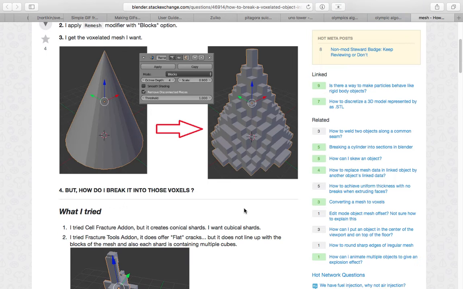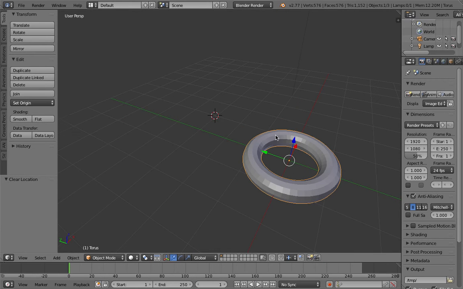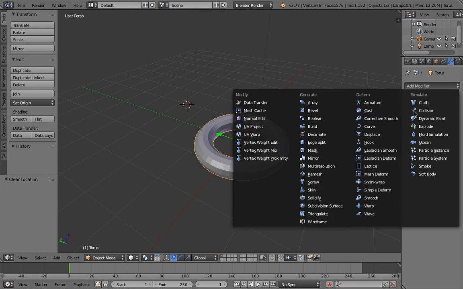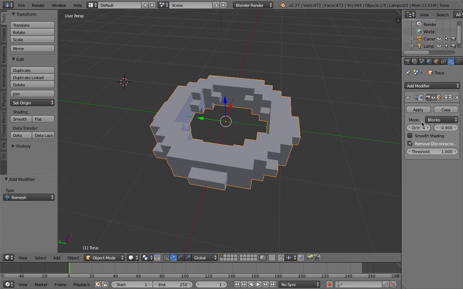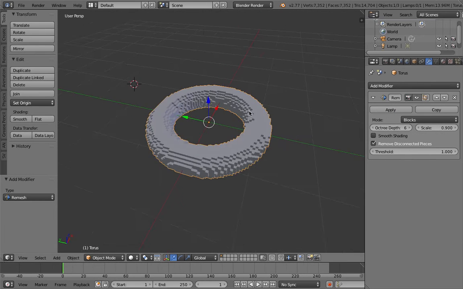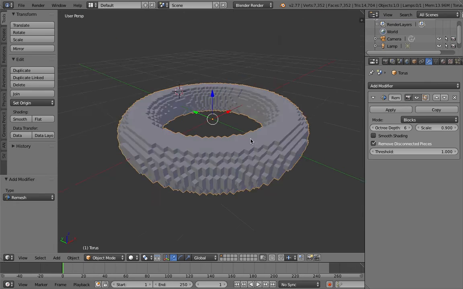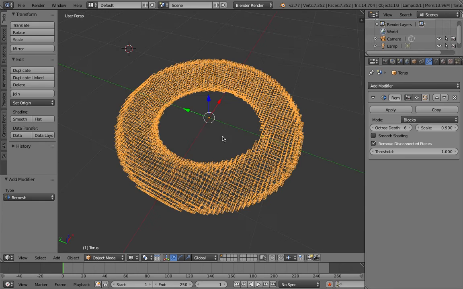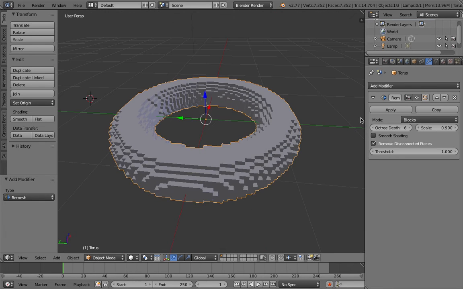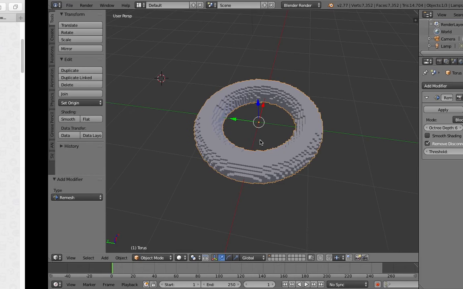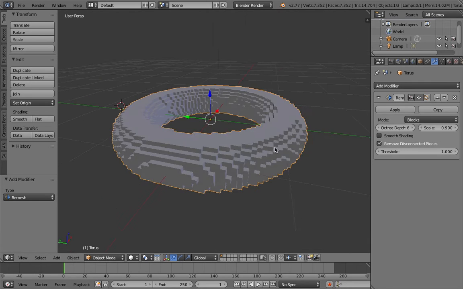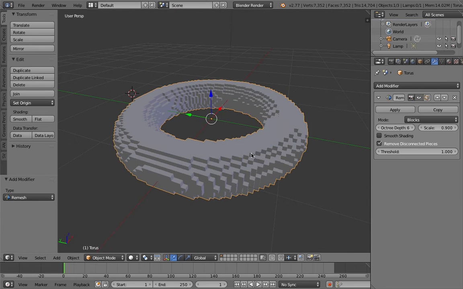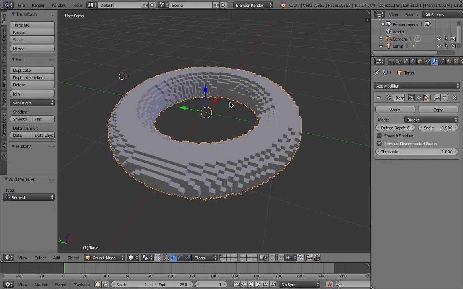Anis Ahmad asked about using a modifier. I think it's a remesh modifier, and then you use blocks. You get that kind of construct, like a 3D voxel. But this is of course a fake, and not a fake. It's only creating the outer mesh. It doesn't have the inside mesh. And he wants to make a construct where it creates a cube for each block, of course. There must be a lot of ways to do that, but